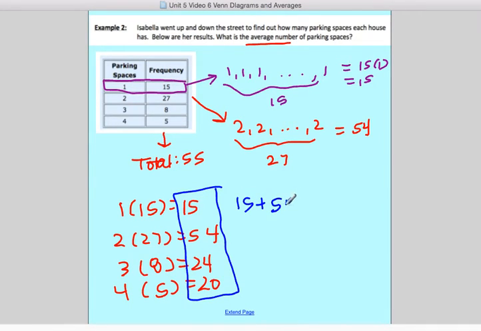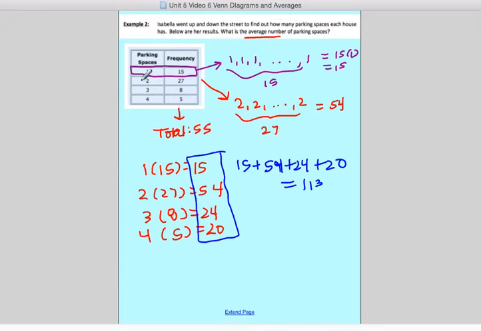15 plus 54 plus 24 plus 20, that would be my numerator for finding the average. Okay, so when I add these together, I get 113. So in the neighborhood total, there's 113 parking spaces for 55 houses. So my average, remember the average is the same as the mean, is 113 divided by 55. So if I divide that out, I get